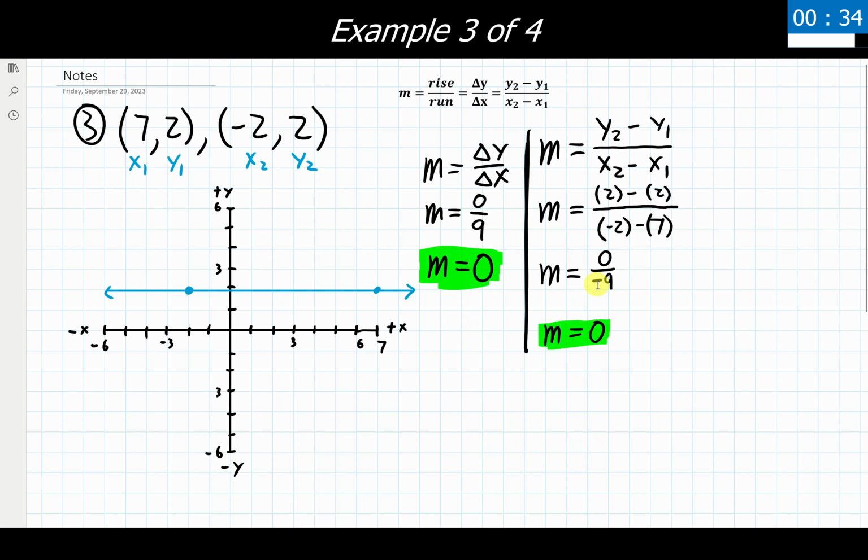You might be thinking, well, hold on, I got a -9 down below here. Wouldn't that change something a little bit? And generally speaking, it would change something. But 0, which is effectively nothing, isn't going to change sign from a positive nothing to a negative nothing or a negative nothing to a positive nothing. It just is nothing, and it remains this 0 in here. So we had a slight difference showing up in that regard, but beyond that, we still end up getting to a slope of 0 for this and all horizontal lines.